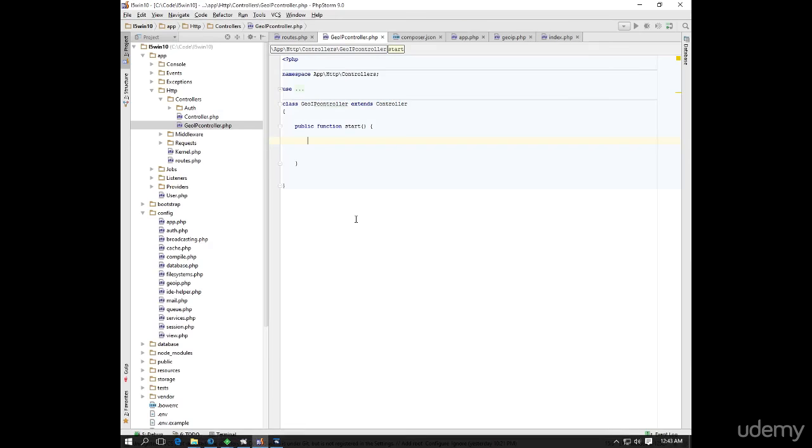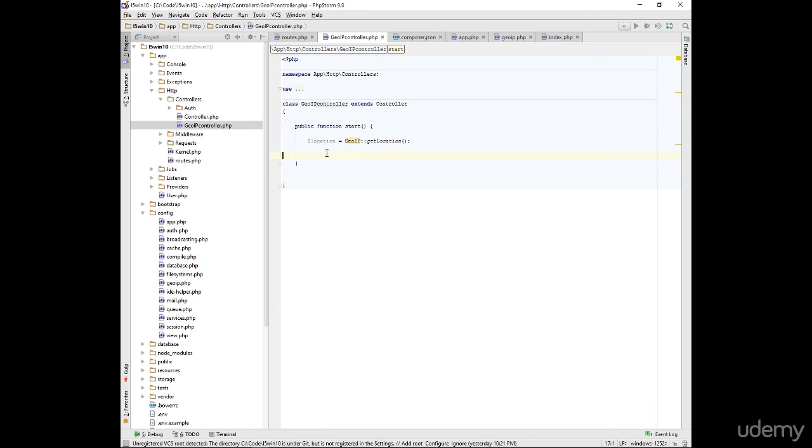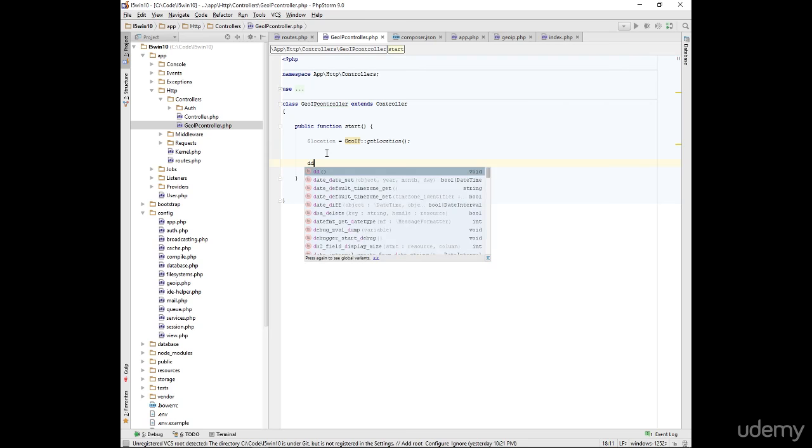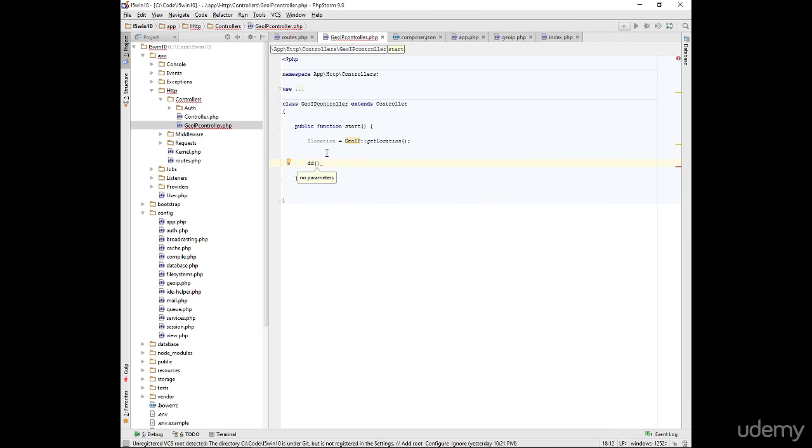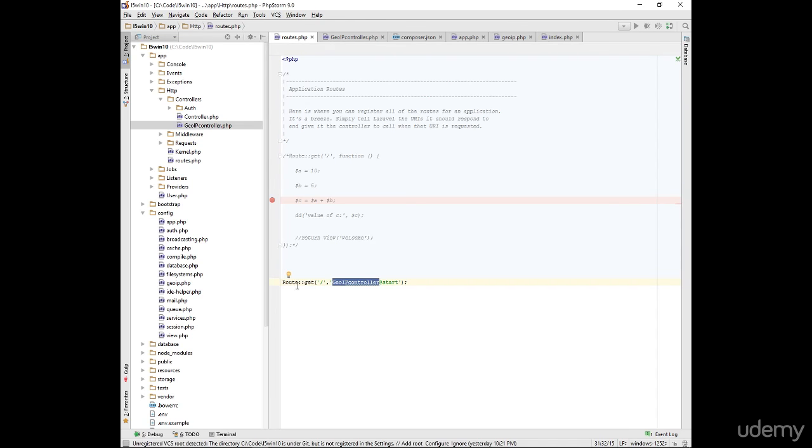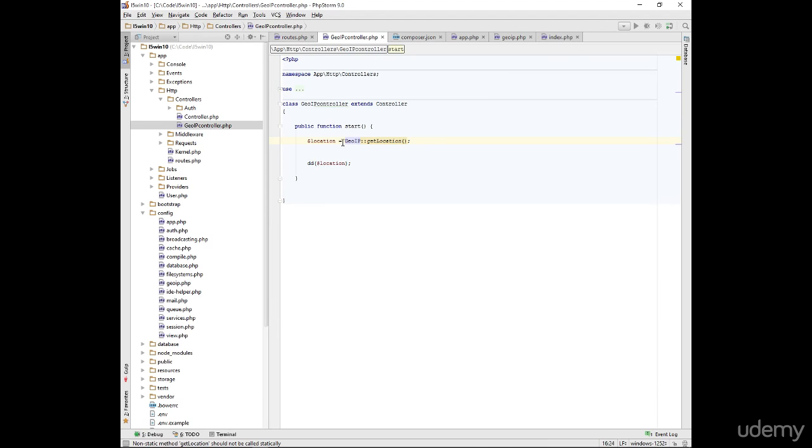Okay, let's drop it in and let's try and dump that variable. Okay, and we need to obviously include the class. So in our route, it's our application root. It goes to that controller, fires that function, loads this function, and off we go. Okay, done. So in theory, if we go here now,